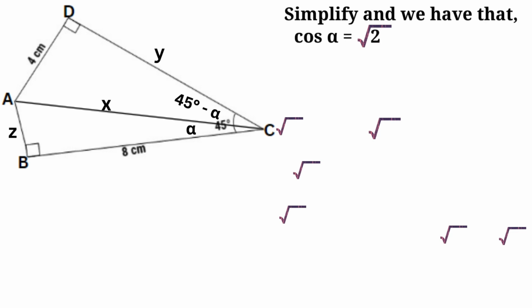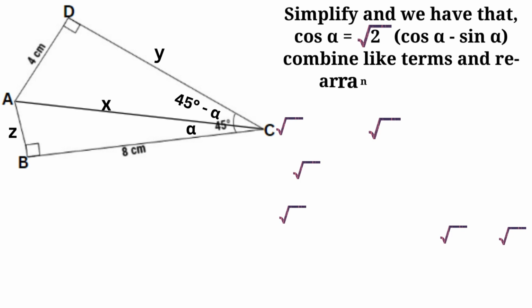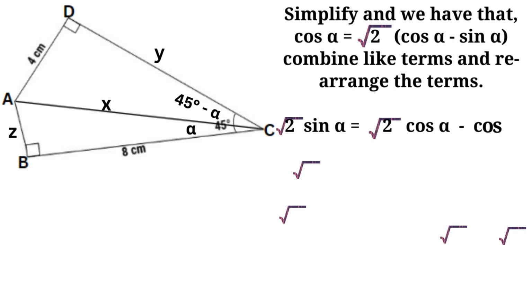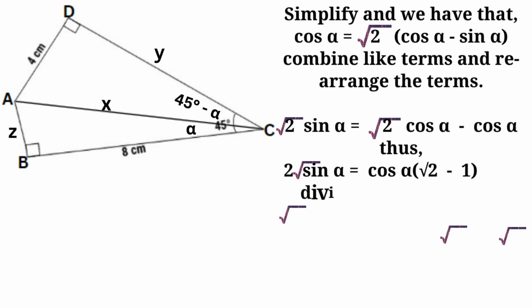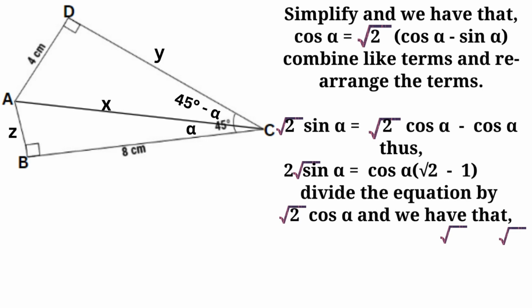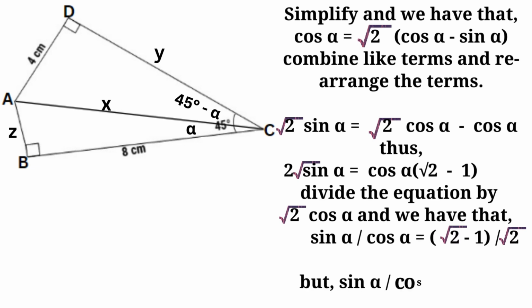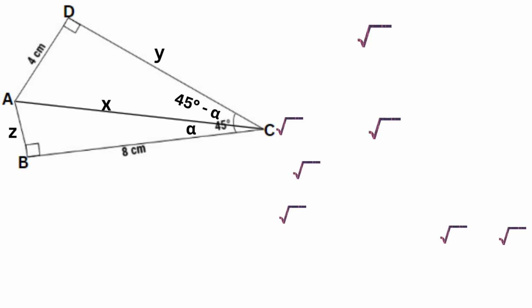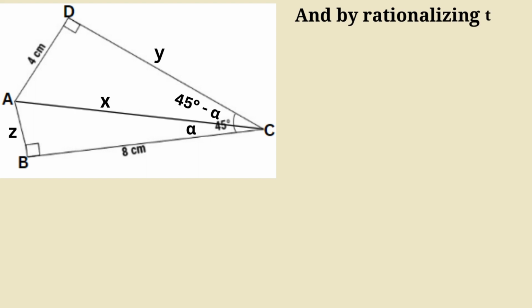Simplify and we have the equation shown on the screen. Combine like terms and rearrange the terms. Thus, the product of square root of 2 and sine alpha equals the product of cosine alpha and the difference between the square root of 2 and 1. Divide the equation by 2 cosine alpha and we have the equation shown on the screen. But sine alpha divided by cosine alpha equals tan alpha. And by rationalizing the denominator of the square root of 2, we have the equation in tan alpha as shown on